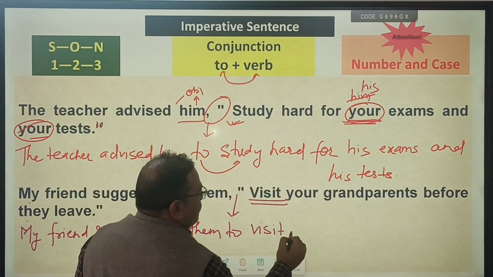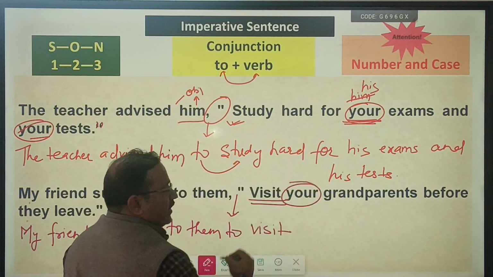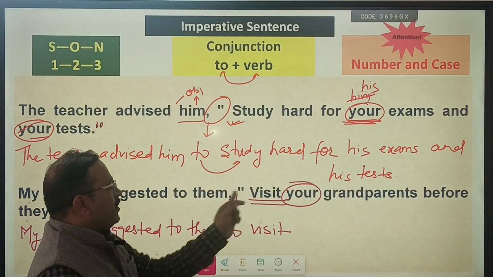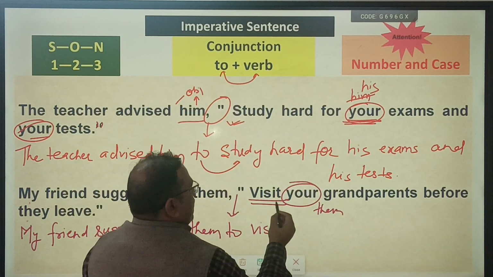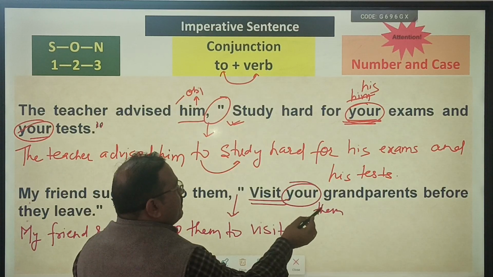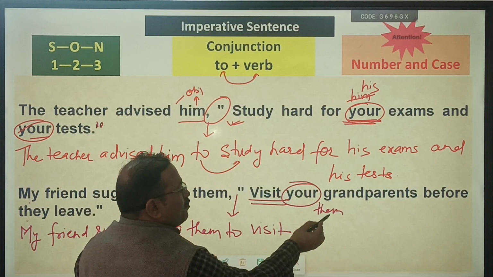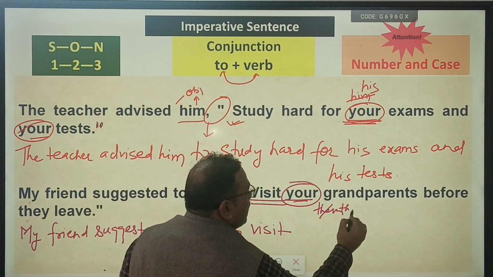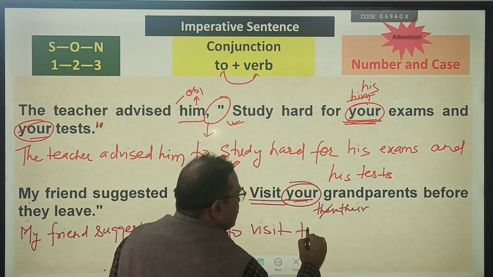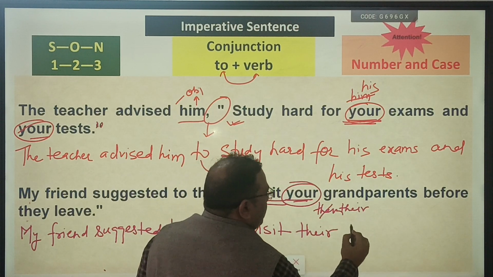Visit. Your is second person, will be changed by object. Object is what? Them. So your is plural and them is also plural. Your is possessive case. So possessive of them is what? Their. Visit their